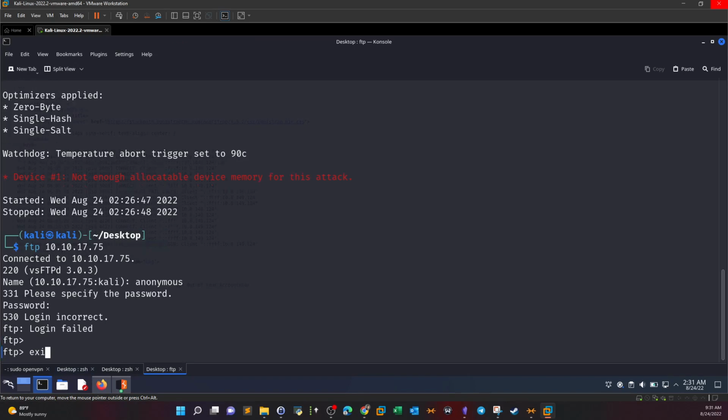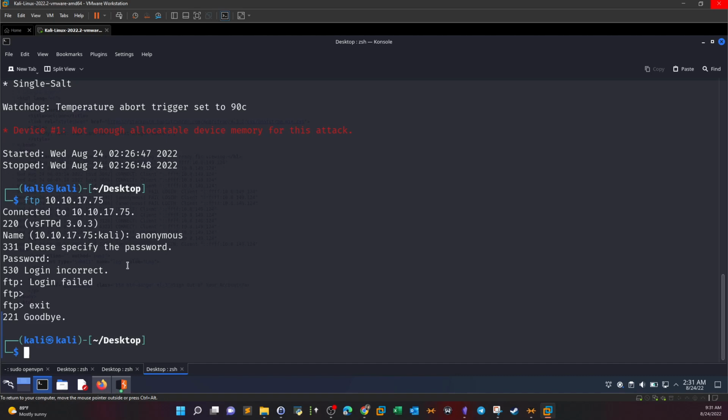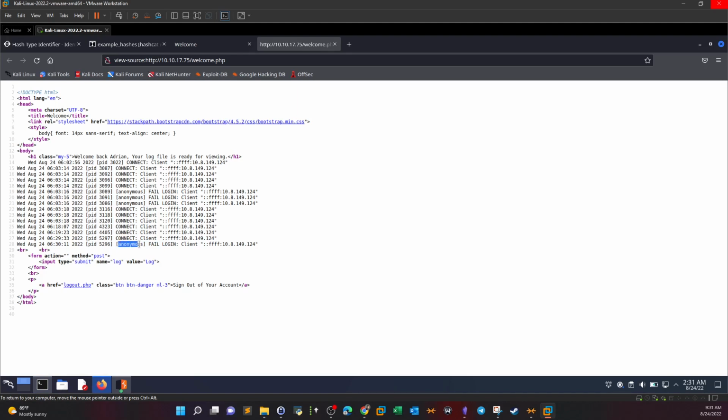server here. We can initiate a login attempt, but instead of the anonymous user, we're going to use some sort of PHP one-liner. Okay, by using the PHP one-liner as the username, what's going to happen? We're going to get the log file to show our command, or execute the command if it is vulnerable. So if it is vulnerable, the command that we write instead of the username will get executed once we visit the